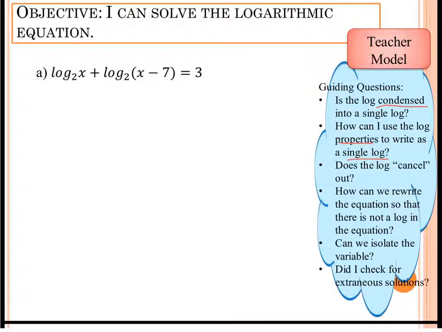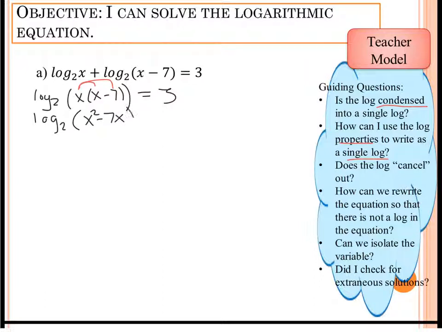So I have log base 2, and I have x times x minus 7. I'm going to have to distribute that here in just a minute, and that's going to be equal to 3. It doesn't really matter the order we go from here. Usually I like to distribute first, but it doesn't really matter. So I'm going to distribute that x inside of that argument to the x and also to the negative 7, and then I'm going to rewrite it. So I have log base 2 of x squared minus 7x when I distribute that x,